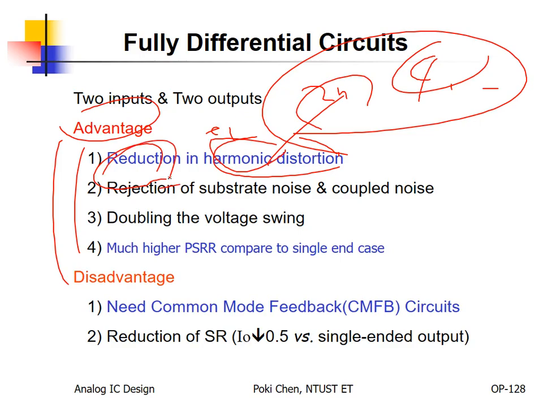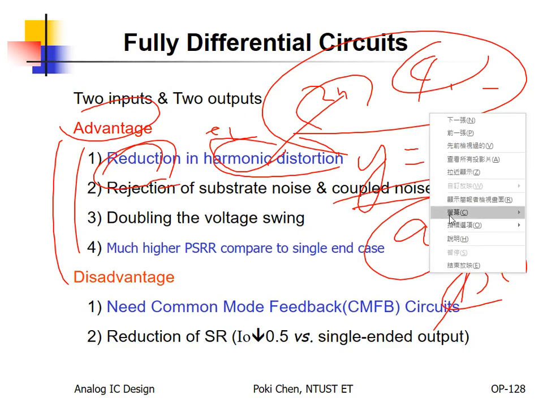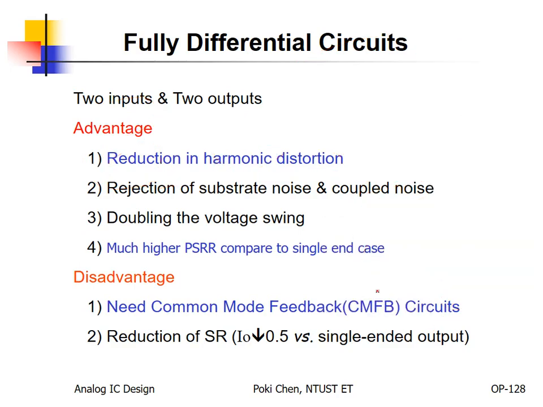Or in the other way, you can say the linearity will be enhanced, because I told you we only like the first order. For the second, the third, the fourth, we hate. Even A0 we hate also, because this is some kind of DC bias offset. And also with fully differential, you will enhance your PSRR,